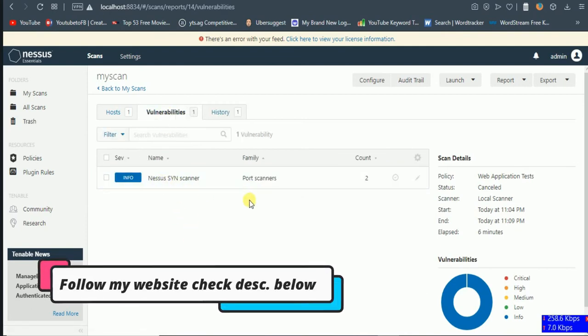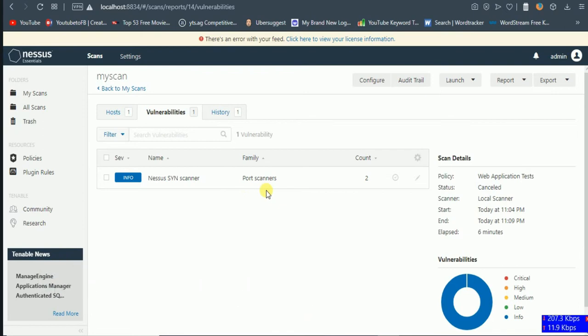If you are a professional, you can verify by using Nmap or any other tool whether this vulnerability is a false positive or not.